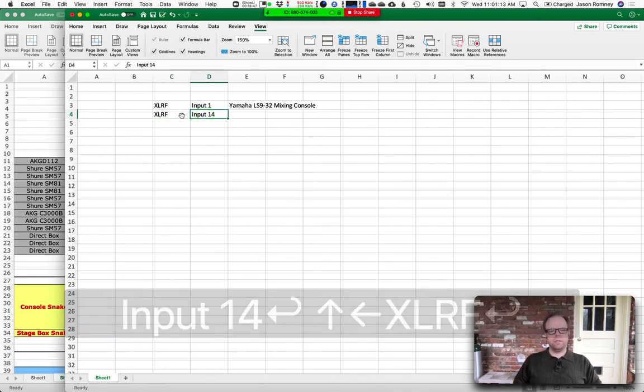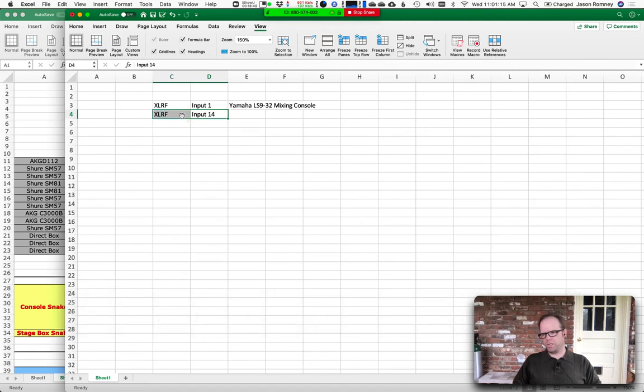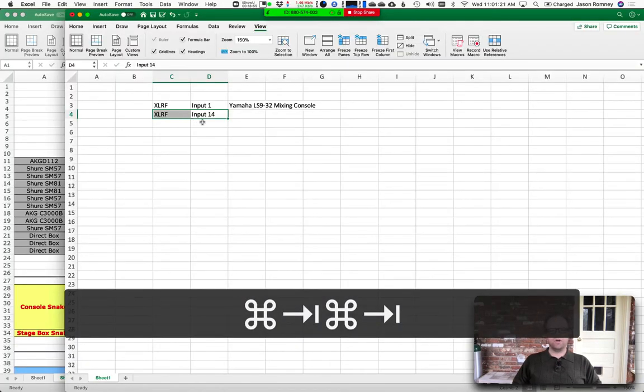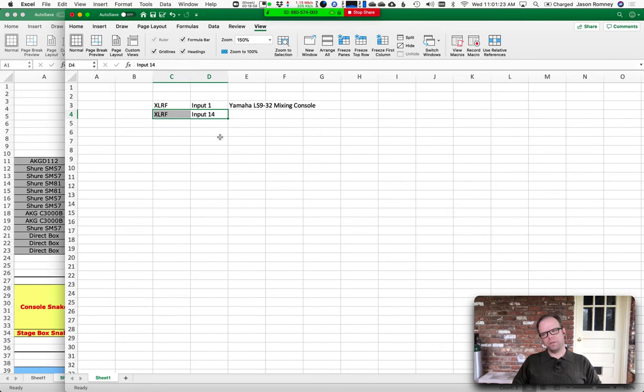Now, let me teach you a little shortcut. Everybody watching? This is going to make your life a lot easier. It was 14 through what? 26. So I could go in and I could just type all those out, or I could let Excel do some of this work for me. If I hover over this little dot handle on this selection, I select those two, I hover over this, and you see how my crosshairs turn,